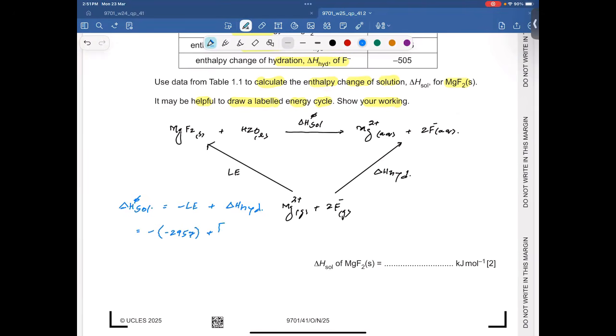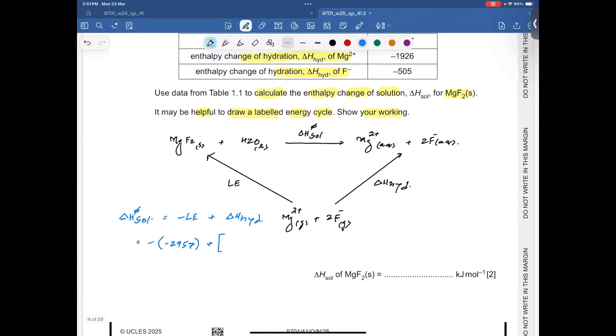Hydration of cation and anion both given. The hydration of cation is minus 1926, plus the hydration of anion is given minus 505. And obviously we have two fluoride ions, so we need to multiply this value by 2. So by using these values, I'm going to get 505 times 2, minus 1010, plus 2957